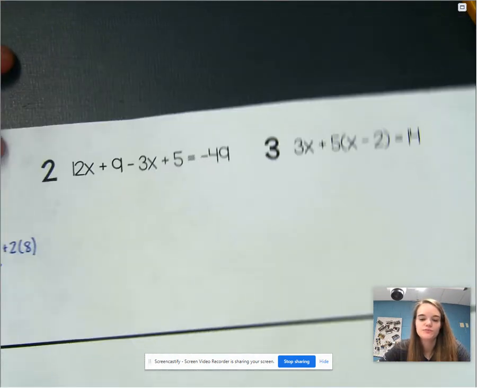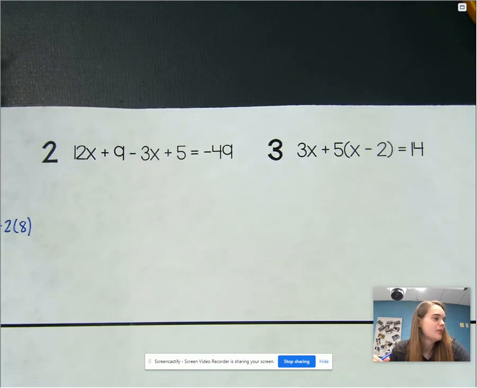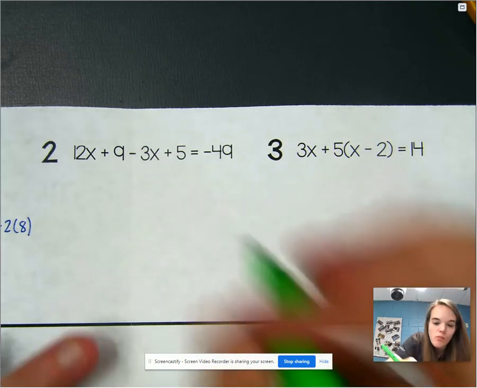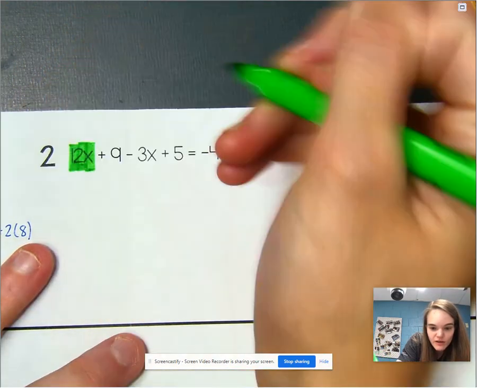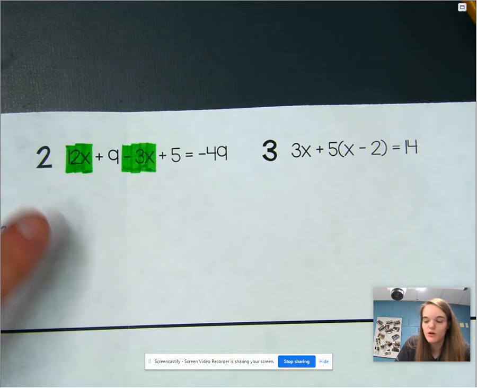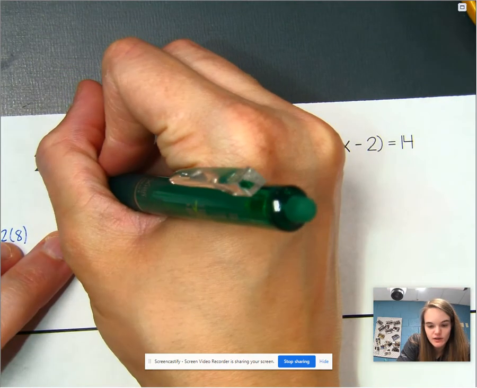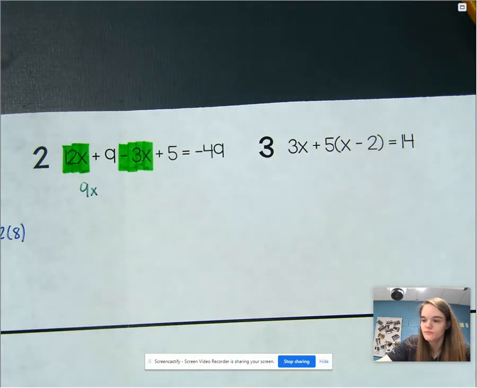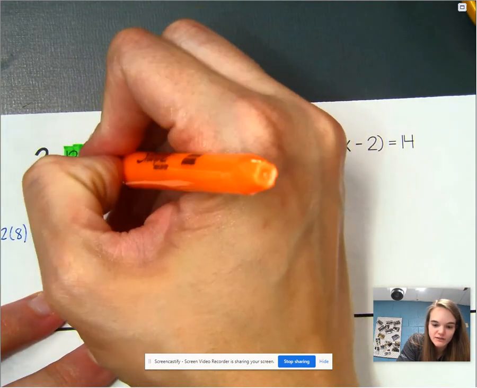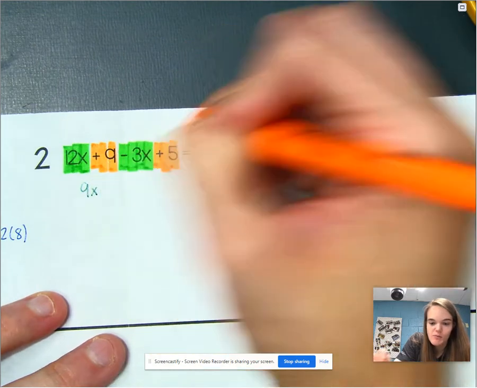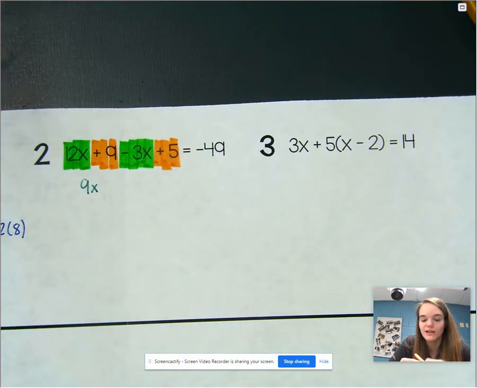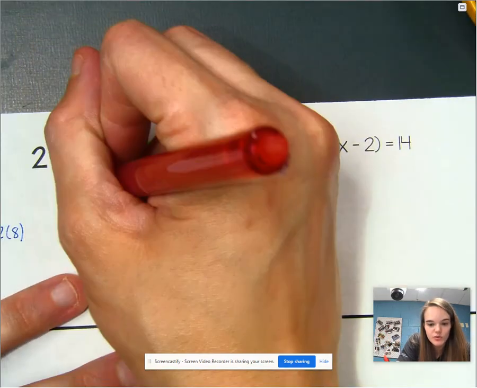Right, number 2. Write it down if you haven't. Maybe pause the video and try this one on your own. We're looking for like terms. I have 12x, negative 3x. That's 12 minus 3, which is 9x. Okay. I have positive 9 and positive 5. They're both on the left side, so I'm just combining them. 9 plus 5 is 14, so plus 14